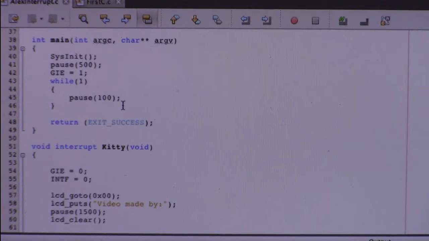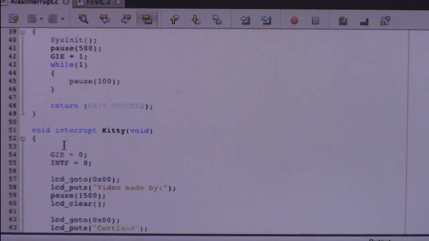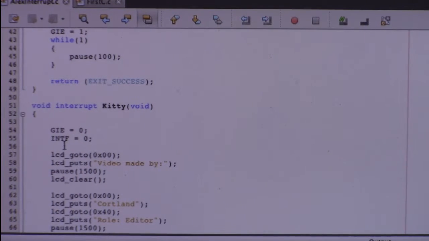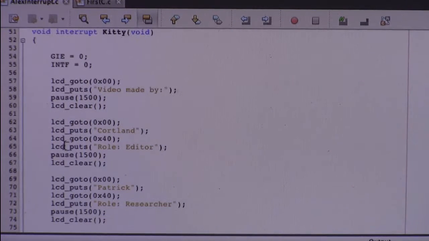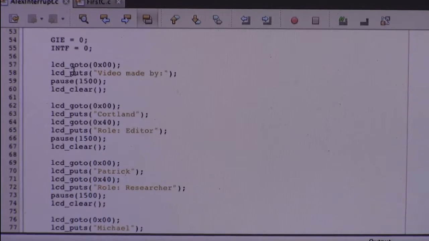So, with the interrupt, when a sysinit happens, it goes through and sets all these bits, and then it will activate this GIE. This GIE is activating the interrupts. And so we come to our interrupt code, and we have GIE equals 0, and this will disable and stop further interrupts from happening while it's going through this one interrupt, so it doesn't interrupt itself. Right. So this next instruction is an LCD go to, which is basically telling the microcontroller to go